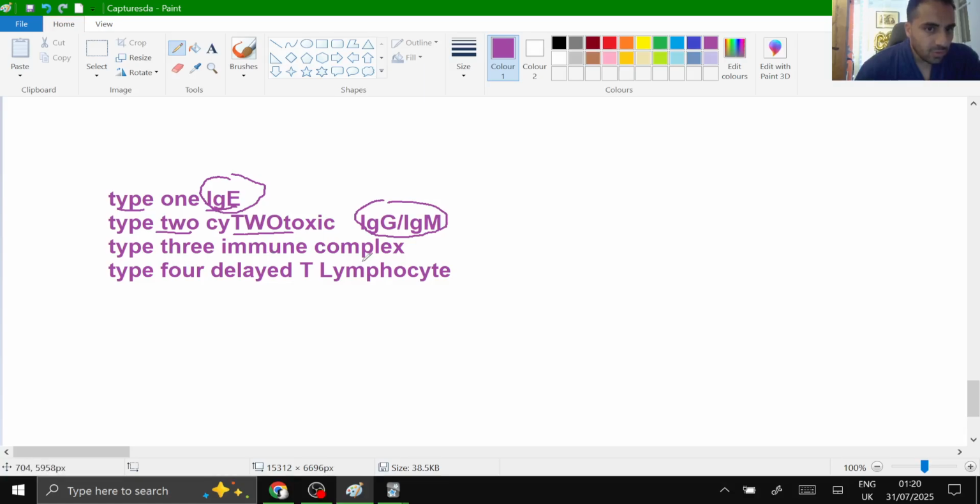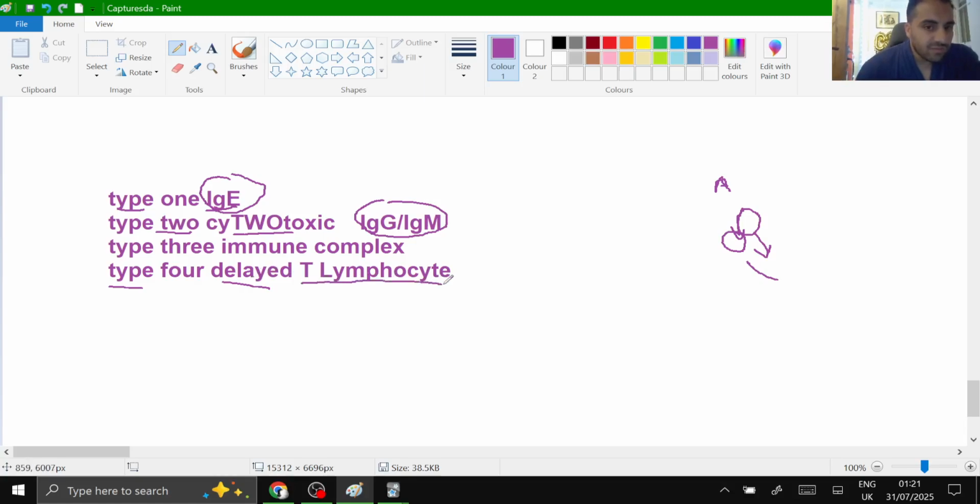Type 3 is immune complex deposition, and this is usually seen when there is an antigen. Let's say bacteria goes inside the body, and then the antibodies hold the hand of the bacteria, and they both form a complex, which is basically the antigen, the bacteria, and the antibody, and then this complex goes and deposits inside the tissues. And type 4 is caused by delayed, and as the name suggests, it takes so much time,